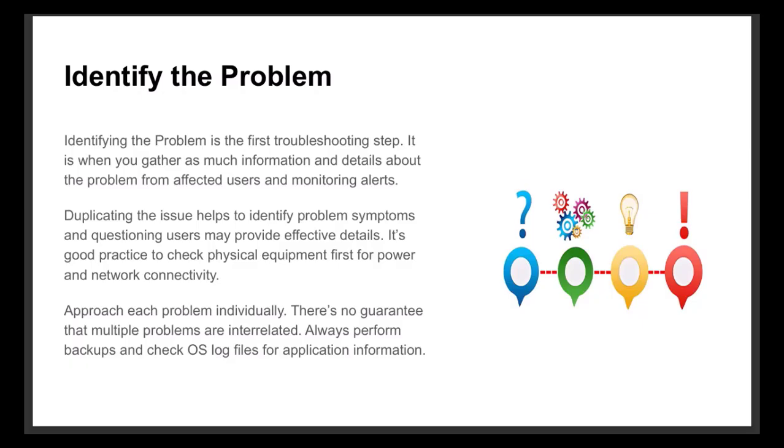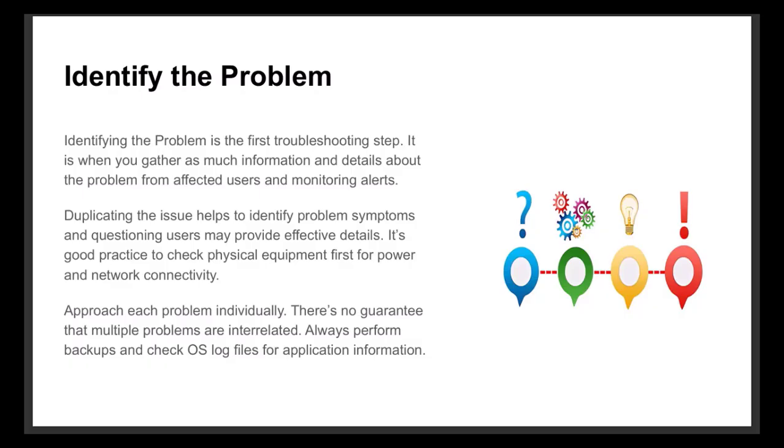This is very important because in order to troubleshoot a problem to a correct solution, we need to identify specifically what is wrong. When we are identifying a problem in IT, the first thing we want to do is to gather as much information and data from the user who is being affected by the problem. We will want to identify what types of errors are occurring. Is this something that is arising with a problem with a hardware device, an application, or some type of software? We also will want to get information about any types of alerts or notifications that are appearing on the user's